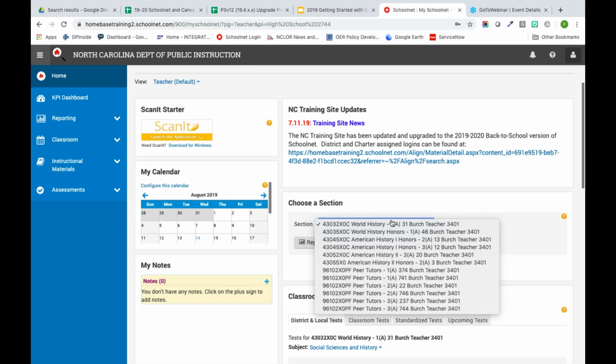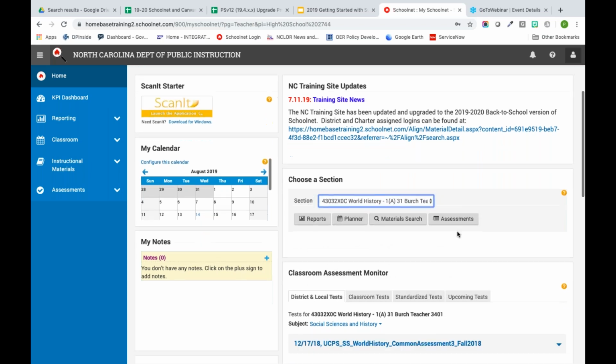So don't think anything's wrong if you look and either you see students maybe from last year or you don't see any students at all. Just know that on the first day of school, it's going to sync and all be correct. So for this particular teacher on the training site, I'm going to pick one of their sections,